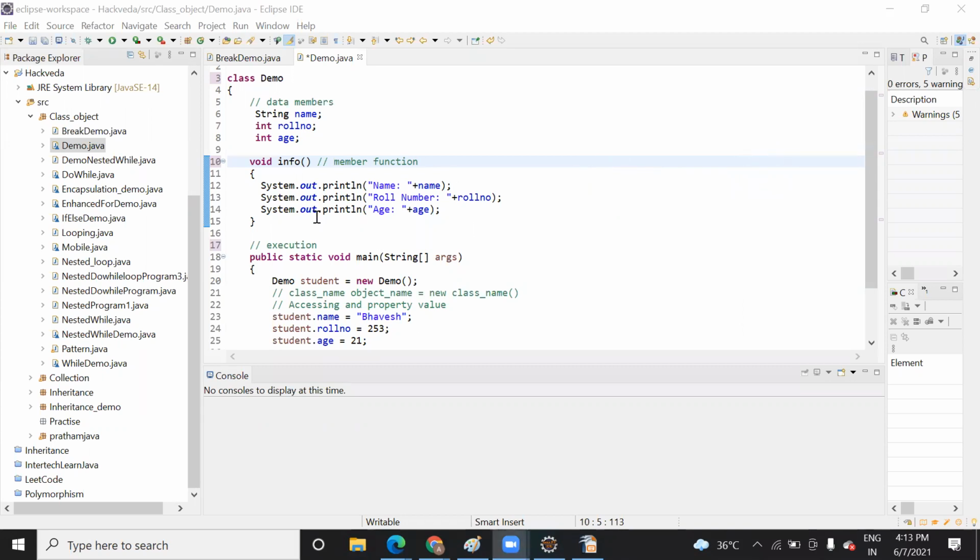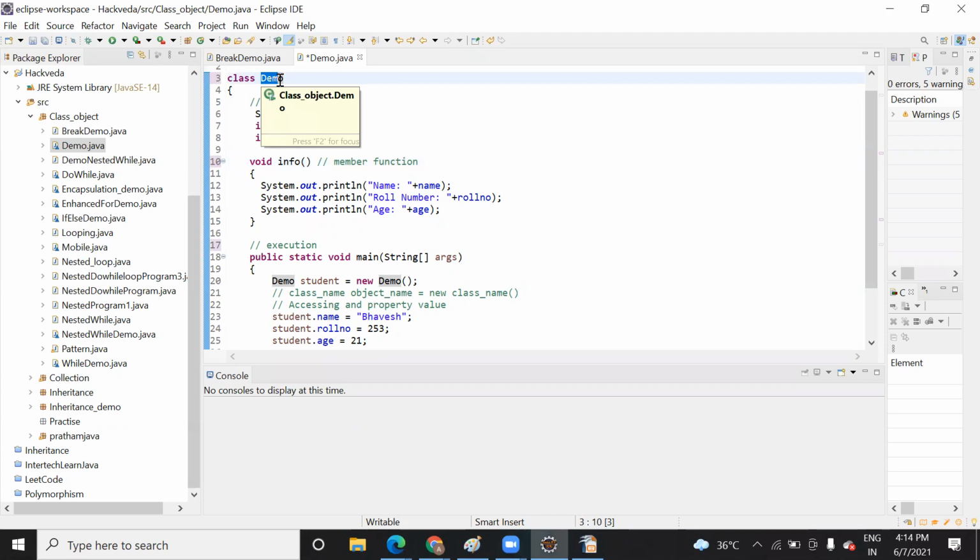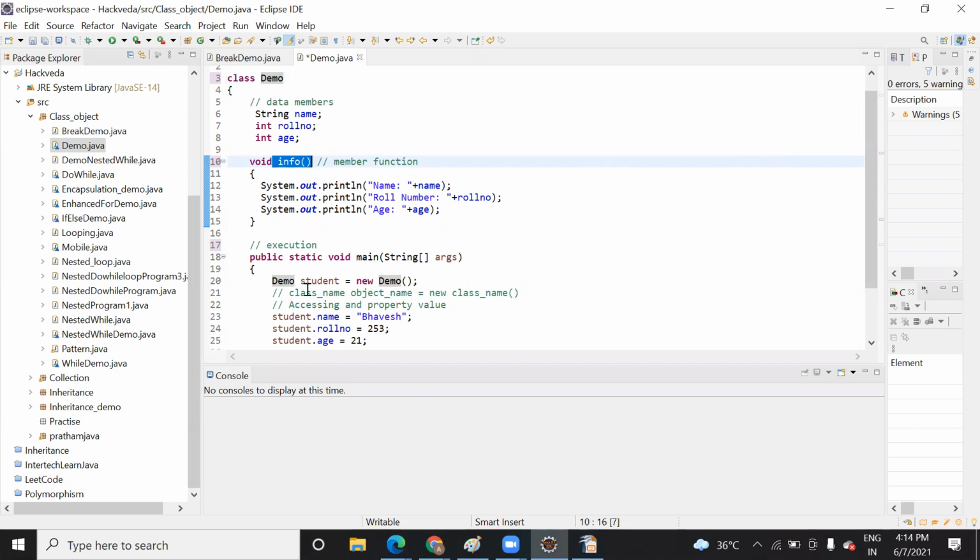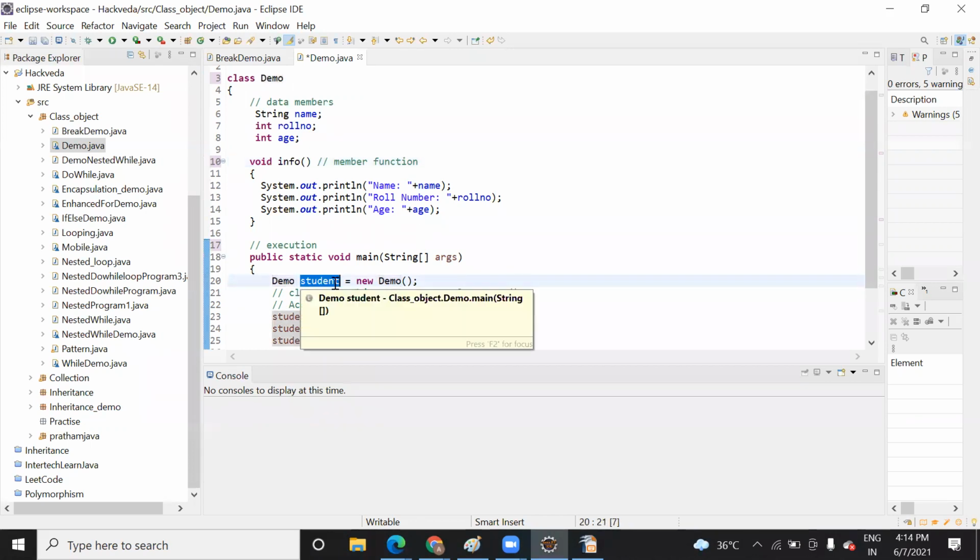Okay, so this is called a class. In this way we declare the class. This class name can be anything that you give; it's completely user defined, and then the name of the function is also user defined, and the name of the object, whatever object name you want to give. Here you just see the syntax.